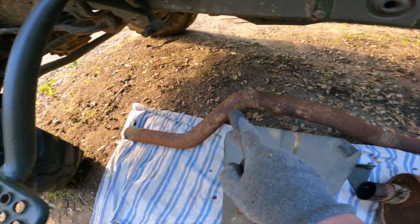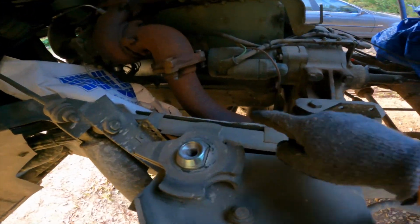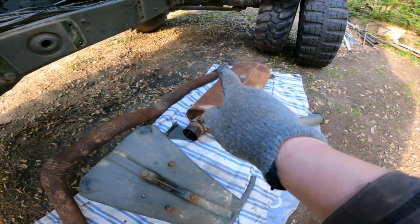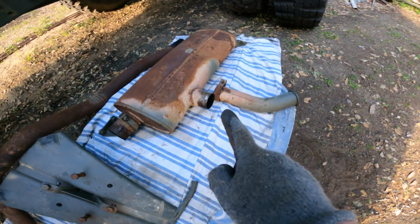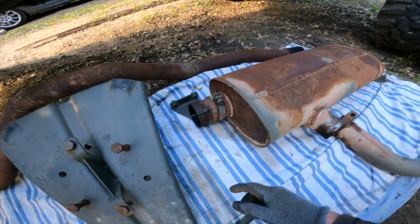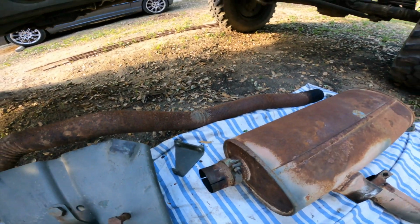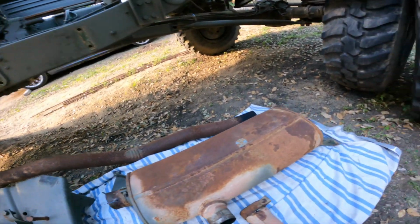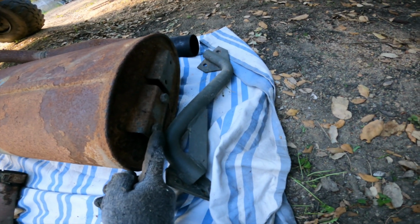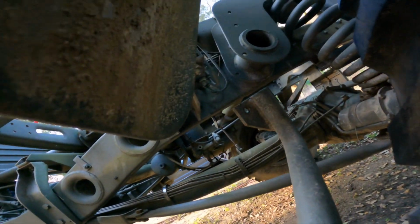This rusty piece of hunk there is the exhaust. It fits into there, that end, and then that end goes into the muffler, and then the exhaust pipe thingy there. The front, that bit, was held in place with this bracket, fairly heavy duty, that came from there. At the back, it was held in place with these 2 bolts there and there, which was held up in the there,